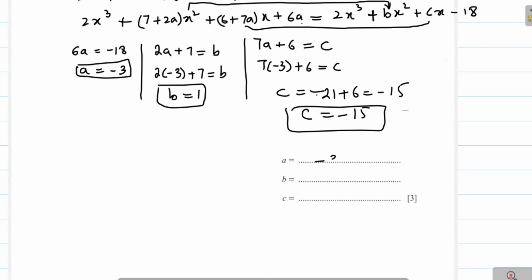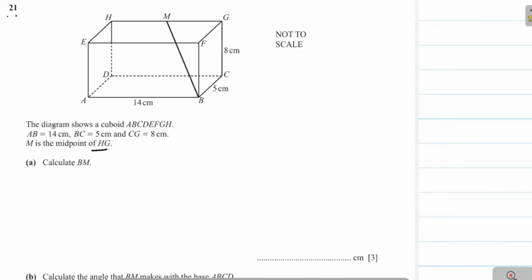You see here minus 3, 1, and minus 15. This is the answer. Question 21, the diagram shows a cuboid, AB is 14 centimeter, BC 5, CD 8 centimeter, and M is the midpoint of HG. Calculate BM. To calculate BM, firstly we join the